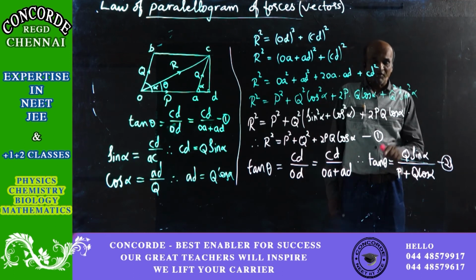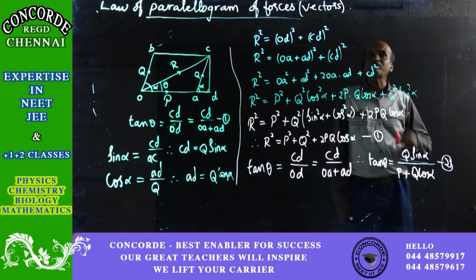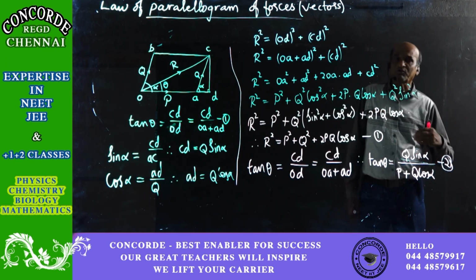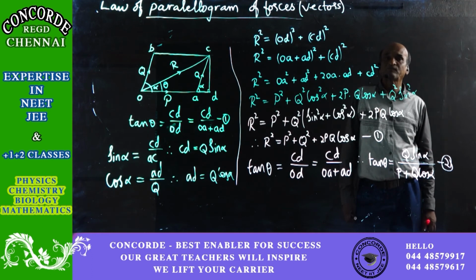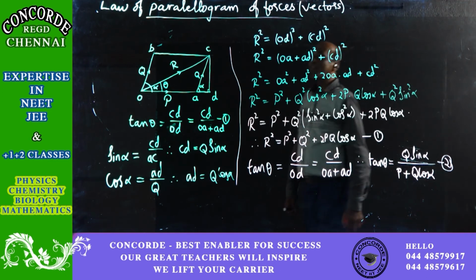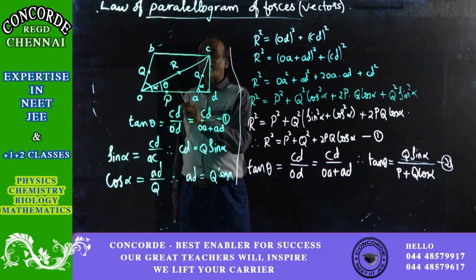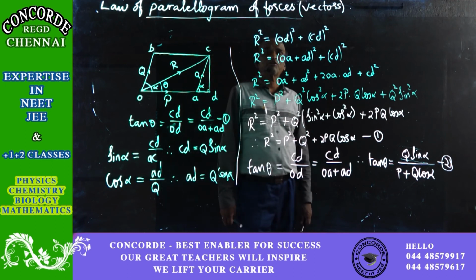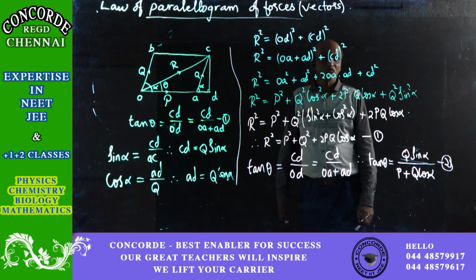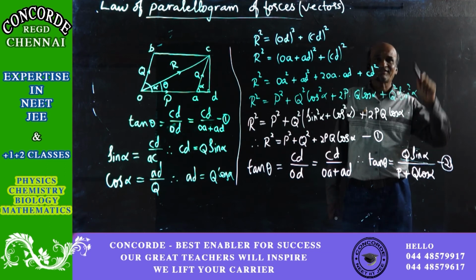But from where is this angle theta? From Q or from P? That only is the question, especially for those who are beginners. So for that we have got a nice hint, and remember that. See the diagram. In the diagram it is clear that the angle theta is the inclination of the resultant from P. And see the position of P in the equation. You can see P in the equation doesn't have sine or cos. That is the point.